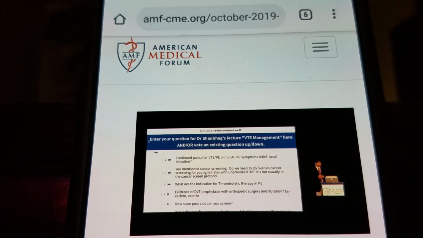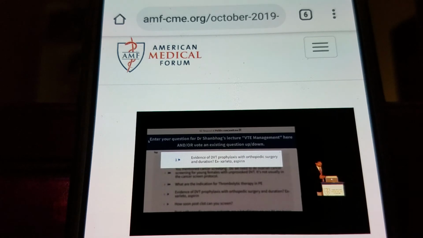What is your recommendation for VTE prophylaxis following orthopedic surgery? Is aspirin good enough? If you ask an orthopedician, the answer is yes. I showed you some data for risk reduction with aspirin, right? A 20% risk reduction in unprovoked VTE patients compared to placebo. So it's a good drug, it can help.